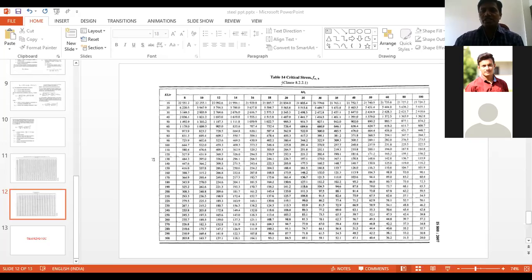So these are the sectional properties. H, what is H? Overall depth of the section, that is 350 mm. BF, width of flange, that is 140. RXX is 14.29 centimeter. Now listen, all the properties given in the table are in centimeter, so you have to convert to mm. It's very simple. TW, thickness of web, is 8.1. TF, thickness of flange, is 14.2. This is in mm, 8.1 mm, 14.2 mm.